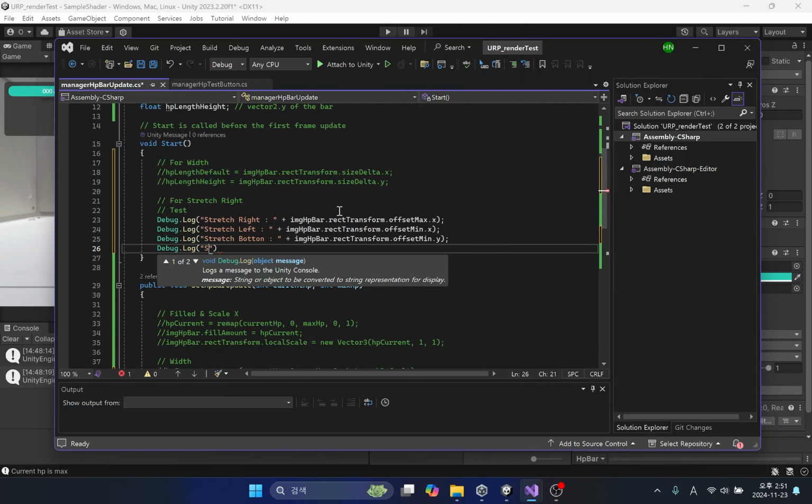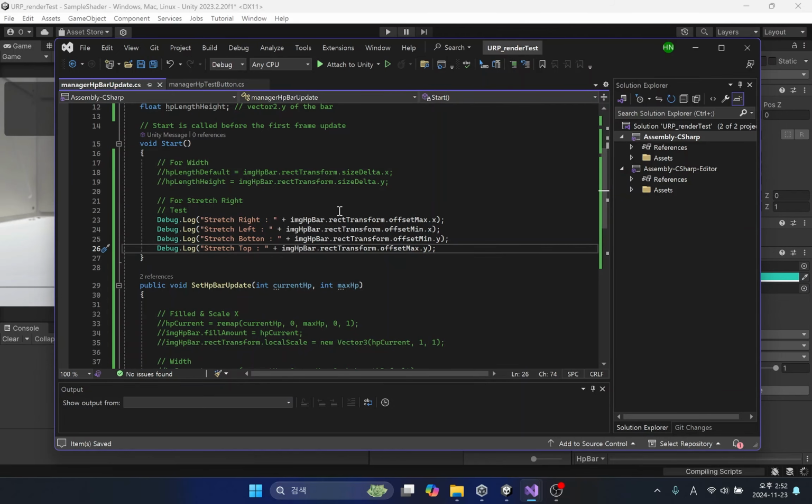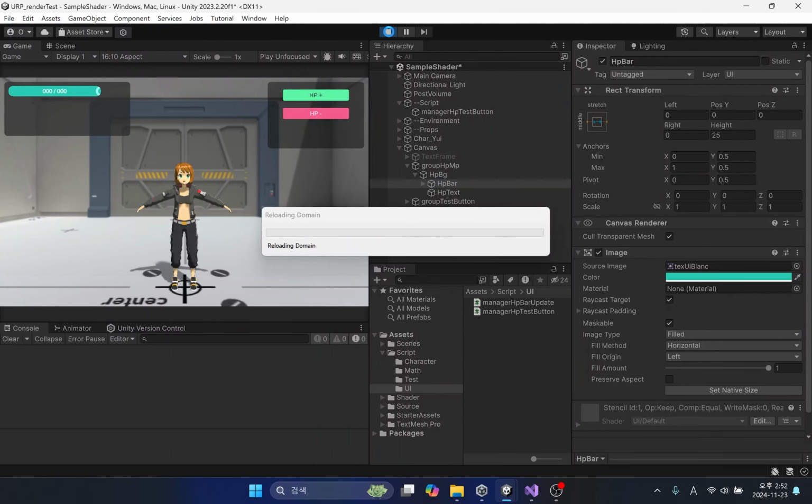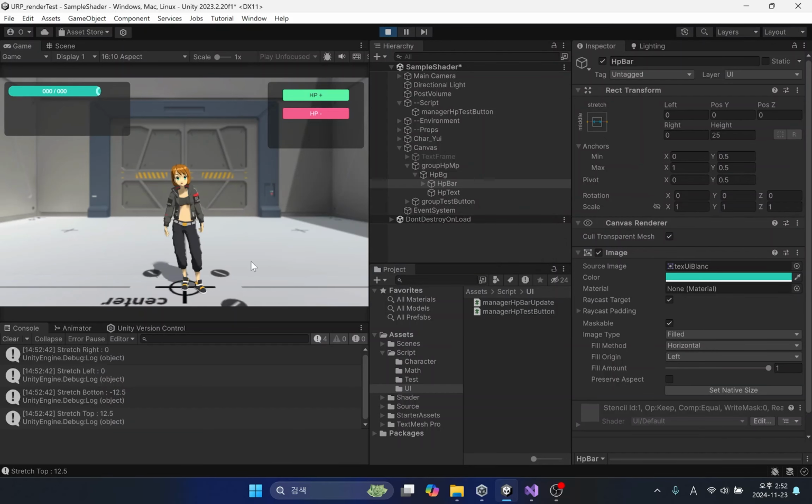Then, the top of the image should refer to the y of the offset max. Debugging verifies that the values are stored correctly.